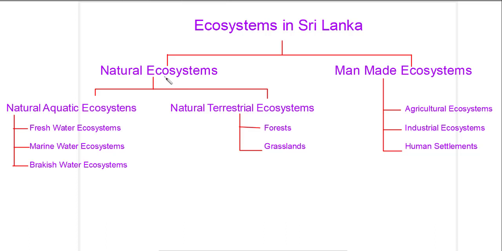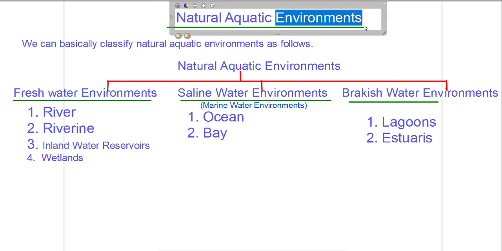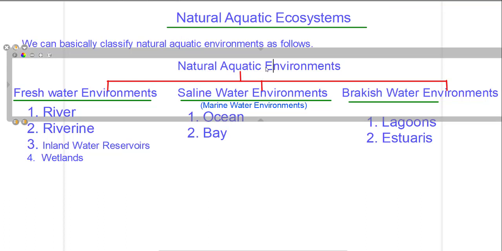We are going to discuss natural ecosystems. Savitu, join now. We are talking about the different ecosystems, right? And the natural aquatic, that's the ecosystems with the water. Some natural aquatic ecosystems: freshwater ecosystems, marine water ecosystems, brackish water ecosystems. They are aquatic. Then the natural aquatic environment, we write as the ecosystems. Much better. This we are given as the environment, but